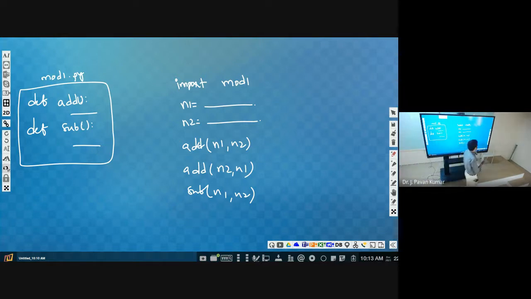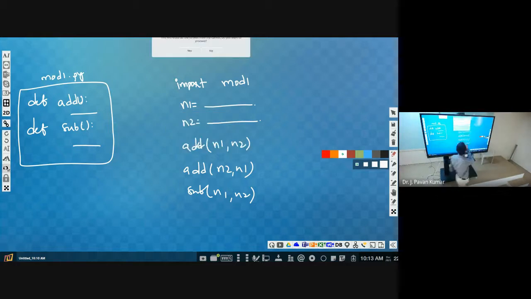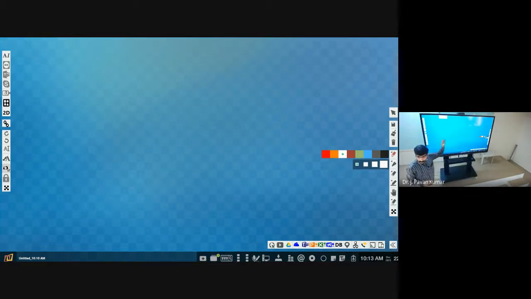Next, we have already used some modules. What was the module we used earlier? Math module, right? We wrote import math. Then inside our function, like roots of a quadratic equation, we used the sqrt function. So how did we use sqrt?